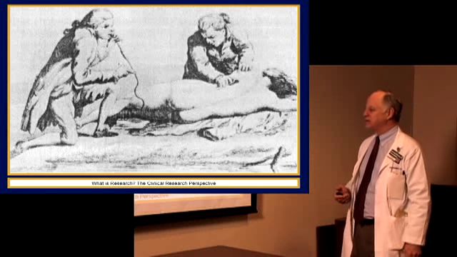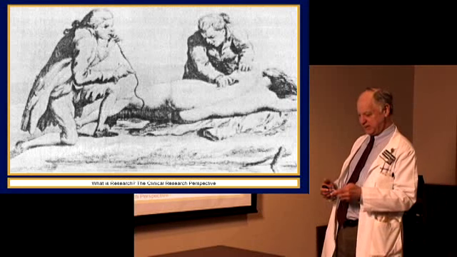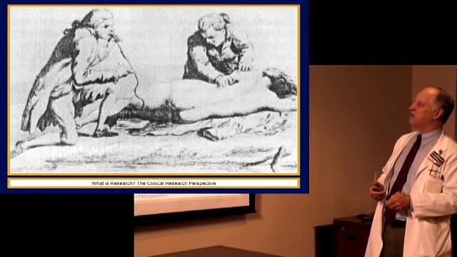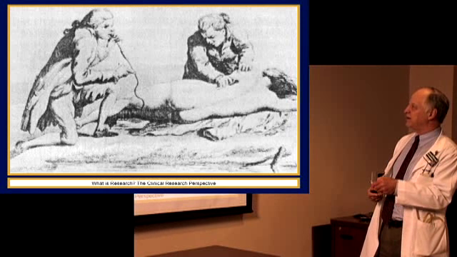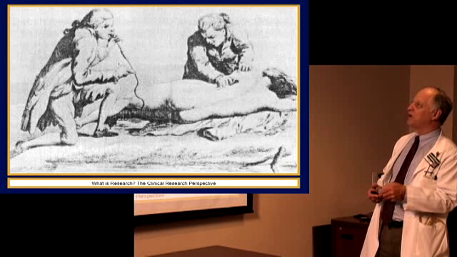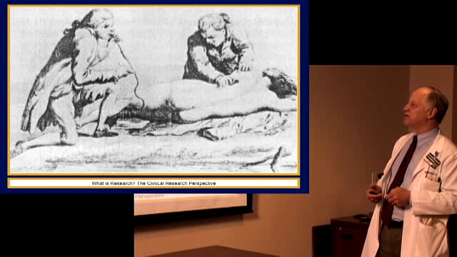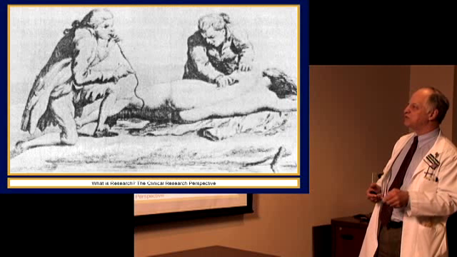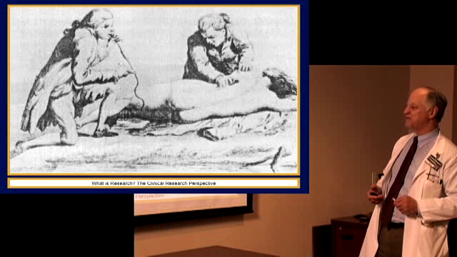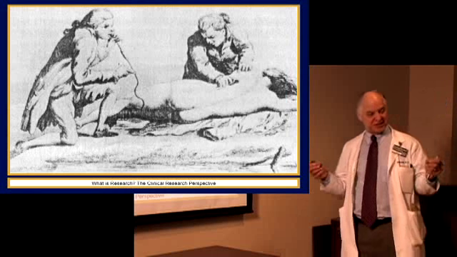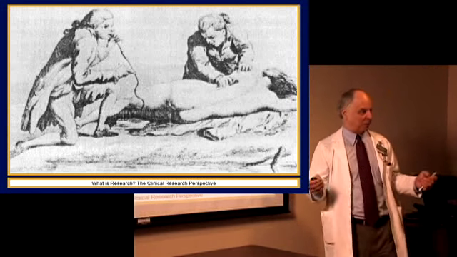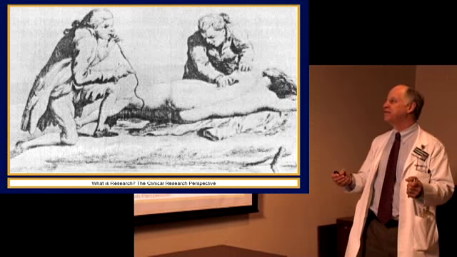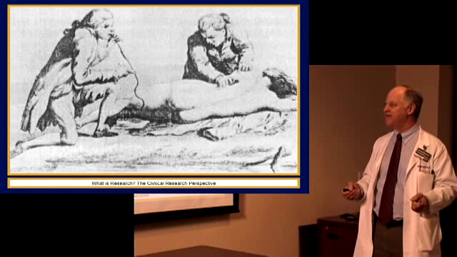So this is going back again to the 1600s. It's a wood carving where there's a drowning victim who has been pulled from the water, and they're trying to dry this patient off. This man here, it's hard to see in this picture, has a cigarette and is blowing smoke through a tube that's been inserted into the rectum of this drowning patient. This was considered to be a saving therapy, that if you put smoke into the rectum of drowning victims, it could save their lives.